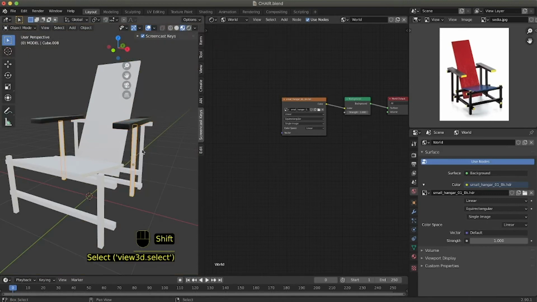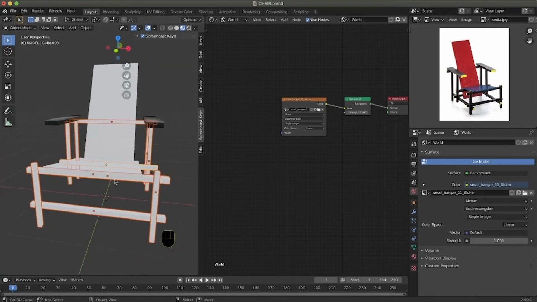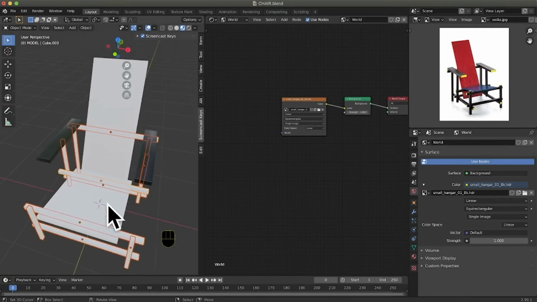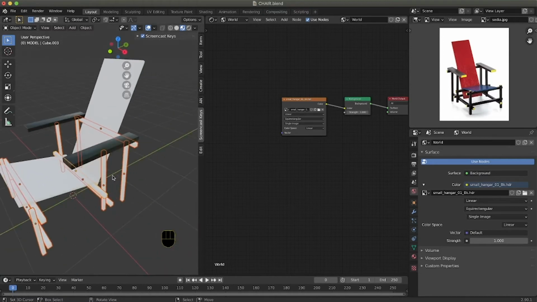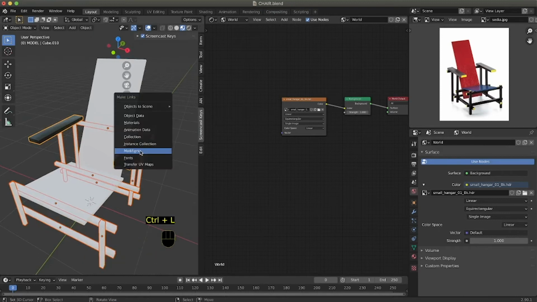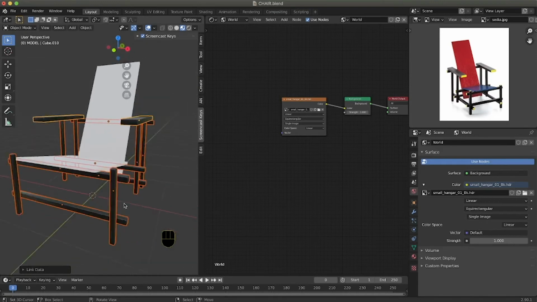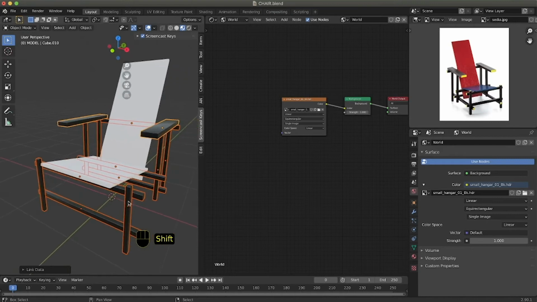I press Shift and right click on all those parts that are black, simply everything but where you sit and the back. And then last, I select this, that's the active element. I press Ctrl L, and in this case I make link with the materials. So this means that all these elements will use the same material.